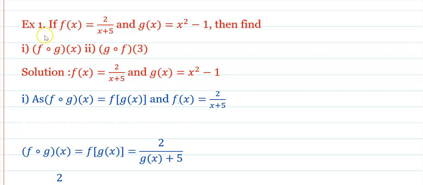Now see here the solved example. If f of x is equal to 2 upon x plus 5 and g of x is equal to x square minus 1, then find FOG of x and GOF at x is equal to 3. Now the first, FOG. How to find this FOG? That is FOG of x, and this equals f of